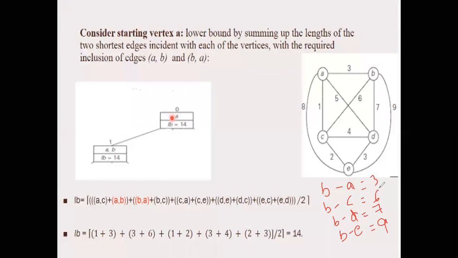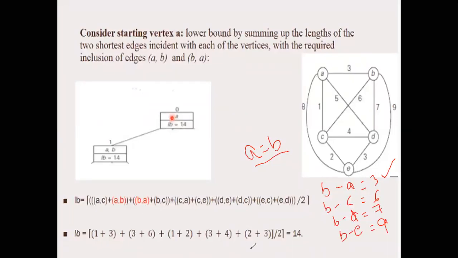So if there is a path, you are traveling from A to B, obviously you should consider B to A also. Is it fine? That is why, irrespective of its cost, we are considering B to A, that we are writing here. That is why this is represented in different colors. If you are writing A to B, the opposite should also be written because it is an undirected graph. If it is a directed graph, obviously this will not come into the picture. If there is a path from A to B, you should write down B to A also.